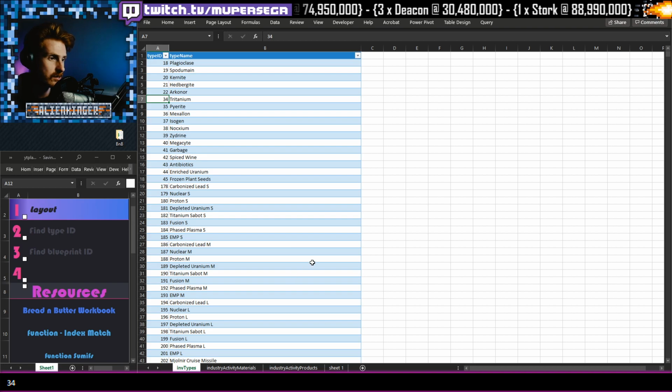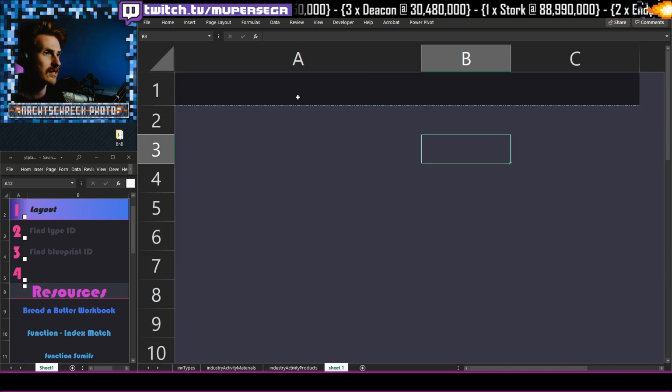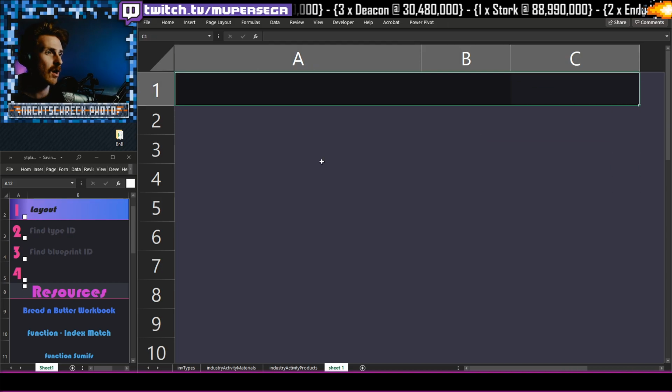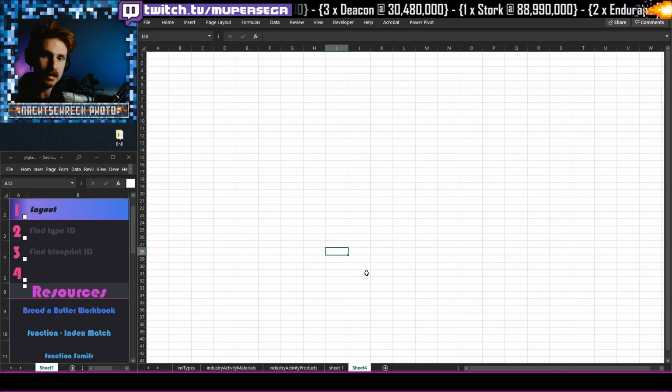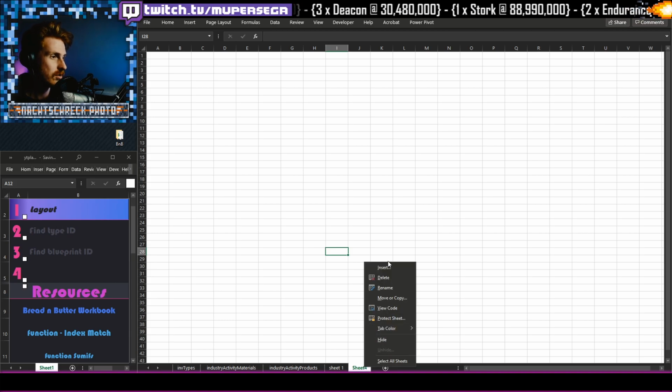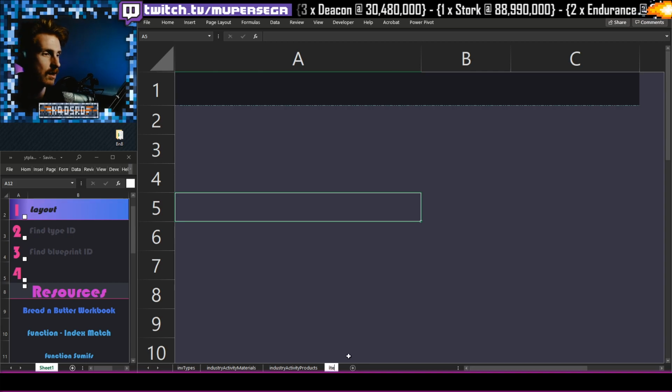So let's get cracking straight away. Now, I have saved my bread and butter as a template, so I can keep coming back to this and just add sheets onto it. So this sheet I've already set up with some very basic formatting so that I can make it at least pretty. I don't want to be staring at a blank sheet like this. That's no good. I'm going to call this sheet item